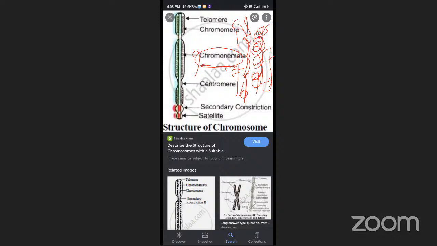Is it clear or not? Don't get confused with one word, chromatid. Of course, you should know the chromosome's main components, the pellicle layer and the chromatin. That's it. Chromatin thread. Just wait.